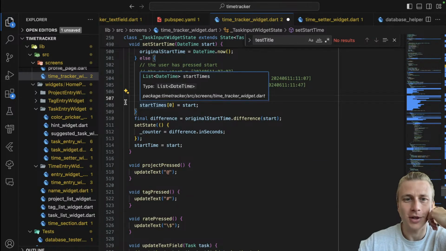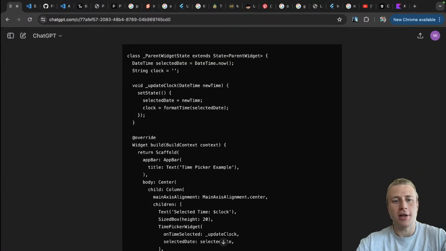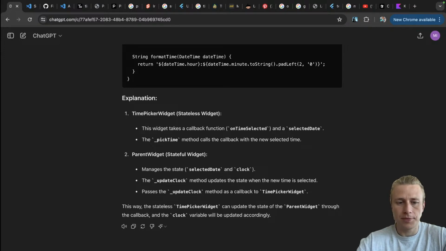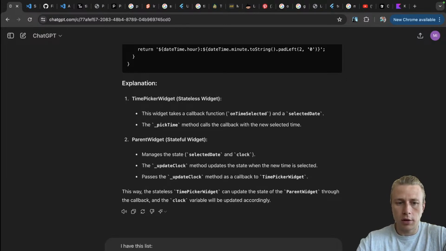That's why I feel like Copilot just doesn't understand. So let's see what ChatGPT does. I have this list. I want to insert a new start time first in the start list, even if